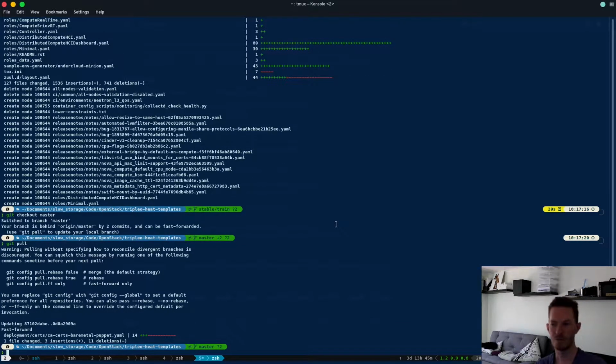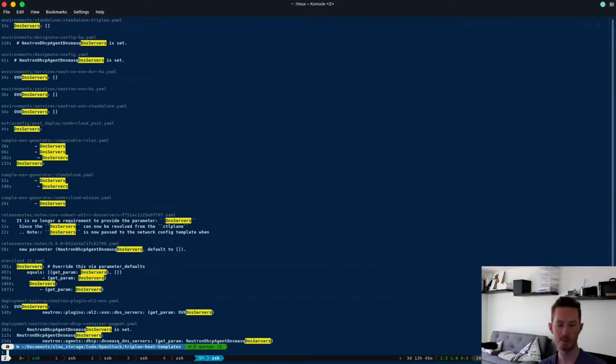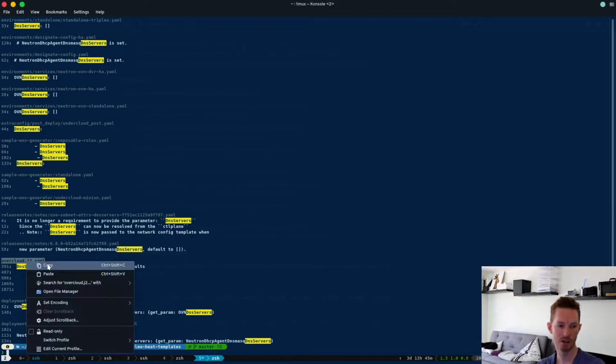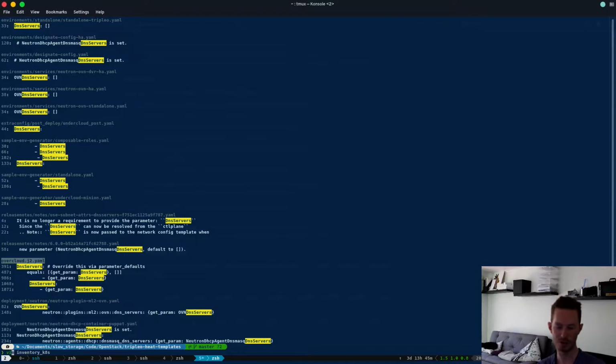Okay, so one of the first things you're probably going to want to change, and one of the easiest things to change and look at and explain, is probably DNS servers. So if we look at DNS servers, we can see it appears in a few places, but the thing we really want to find is the actual heat template. So if we look at overcloud.j2.yaml,